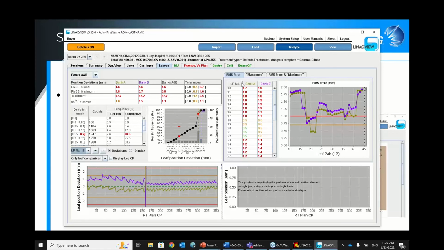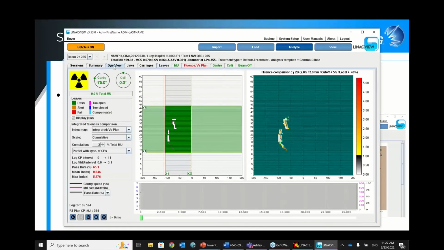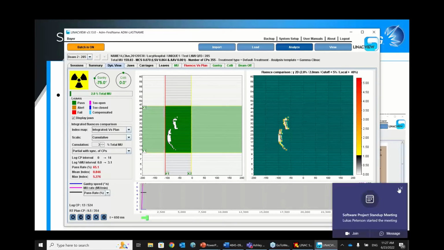We also have the bank A and B RMS errors and maximums, and just a lot of good information. The most interesting one, I think, is the dynamic view, and I'll go ahead and start this for you. And what you see here is